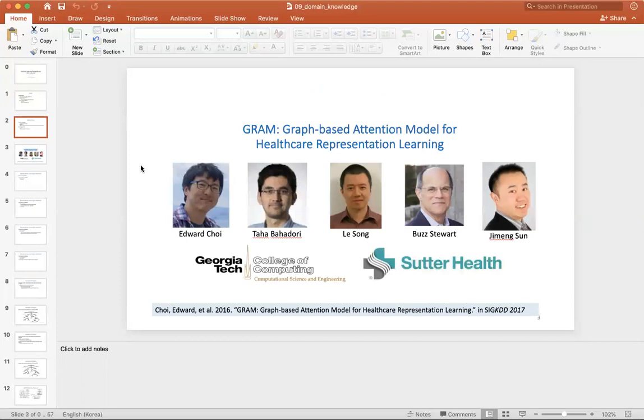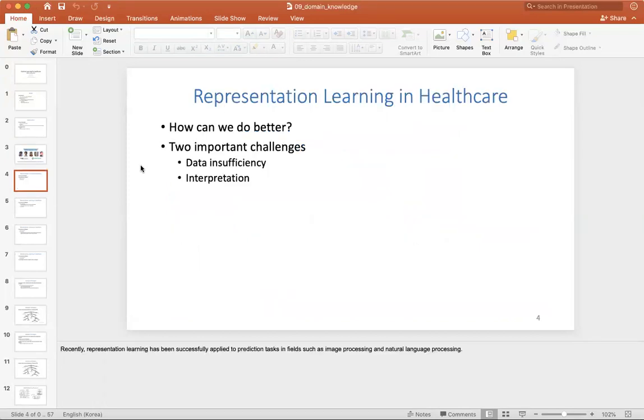All right, so GRAM was another one of my projects from when I was a PhD student, with Sutter Health, where I did two internships. So the objective is to tackle two challenges. One is data insufficiency and the other is interpretation. So data insufficiency meaning that